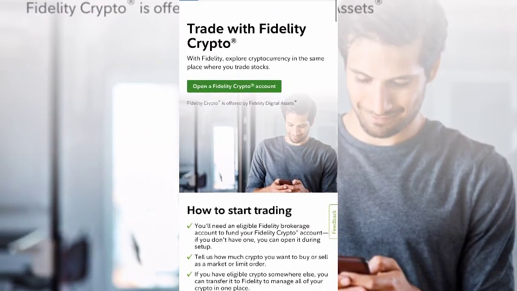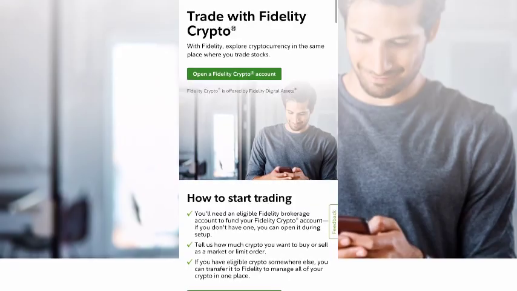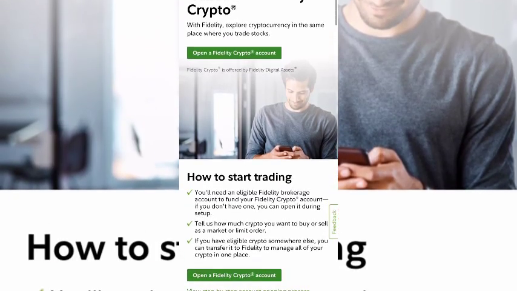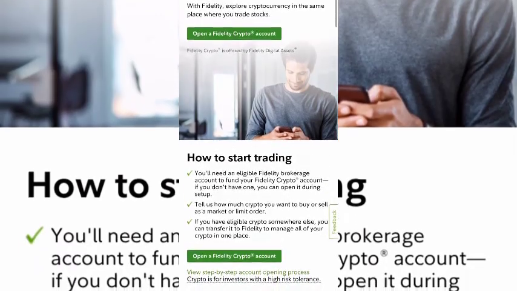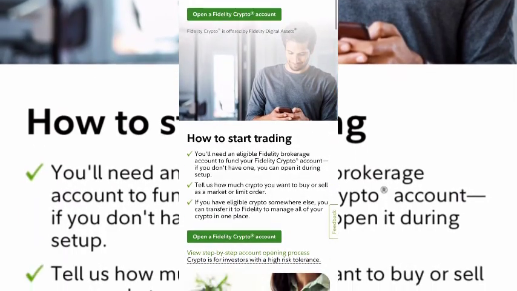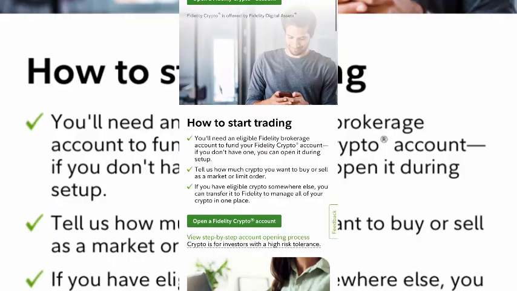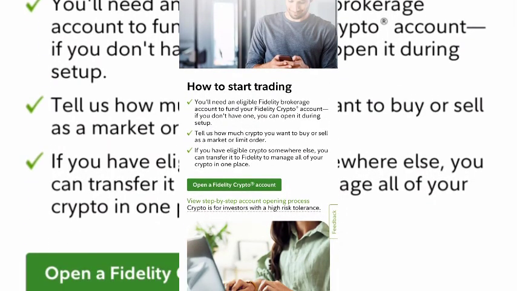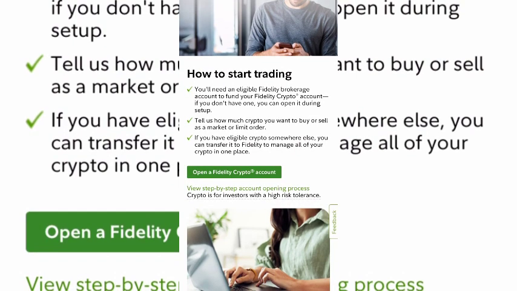You first need a linked Fidelity brokerage or cash management account, which serves as your main funding source. To add money, just transfer funds from your bank into your account, either through direct deposit, ACH transfer, or wire. Once your cash is available and settled, you can instantly move it into your Fidelity Crypto account to start